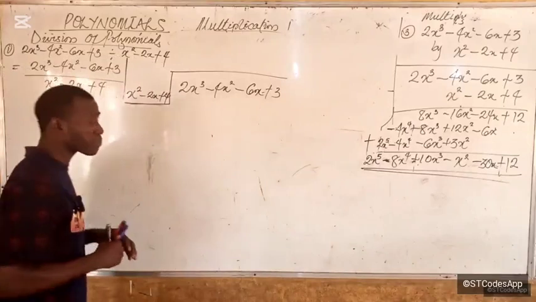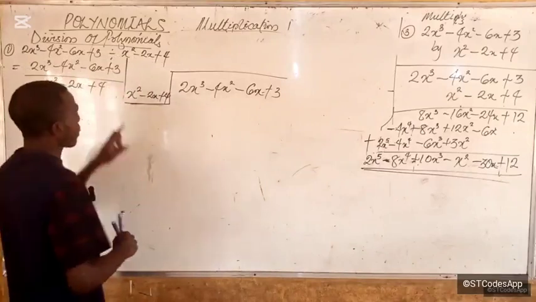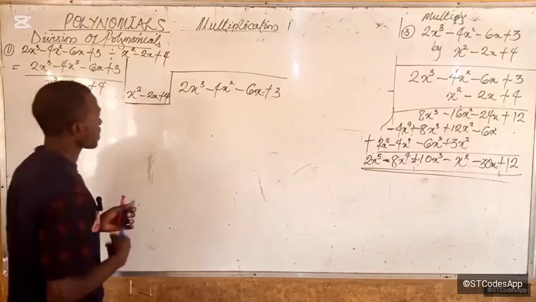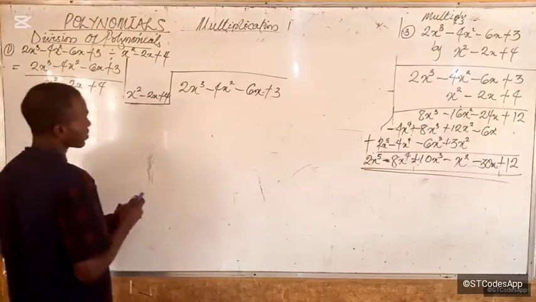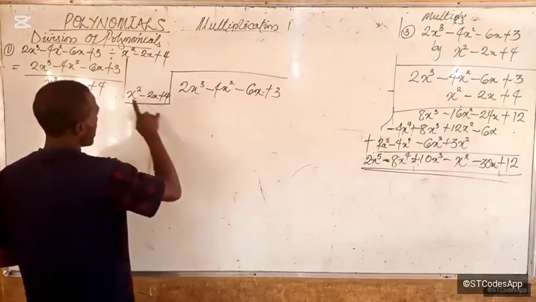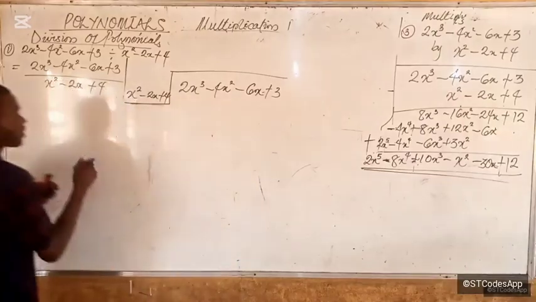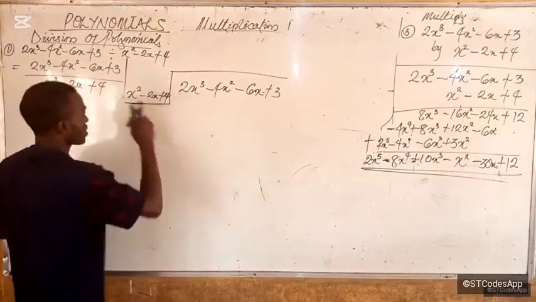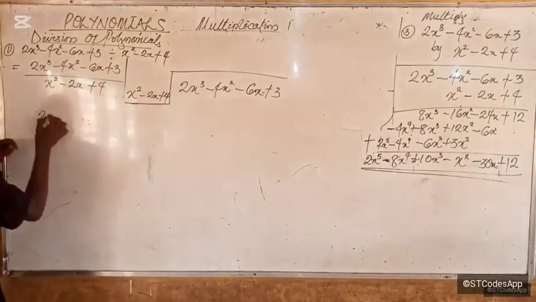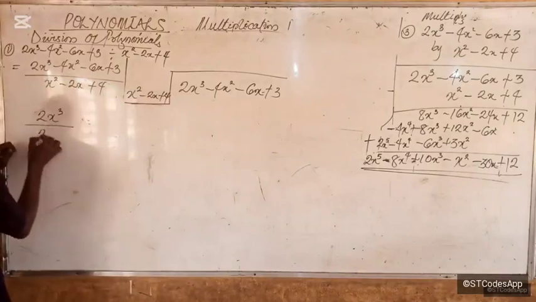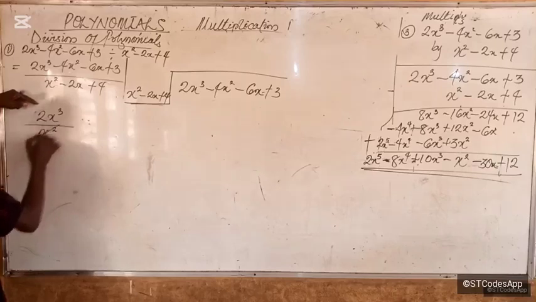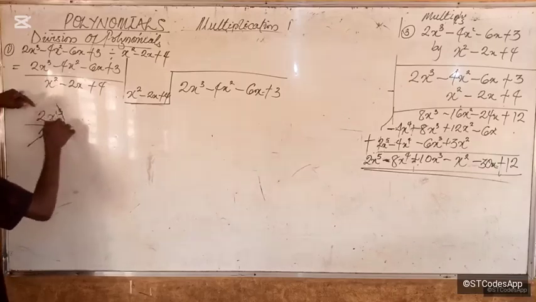So all you need is pick the first element. Now this first term rather. The first term here is x squared. Now you ask yourself, what do we use to multiply x squared? Just come and divide this by x squared. So you pick only the first terms. Keep that in mind. Keep only the first terms. So I want to divide that out with 2x cubed divided by x squared. Now if I want to divide this, this will take care of 3 to remain 1 here. So I will have 2x,